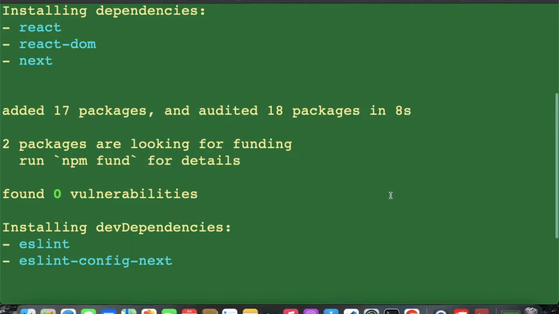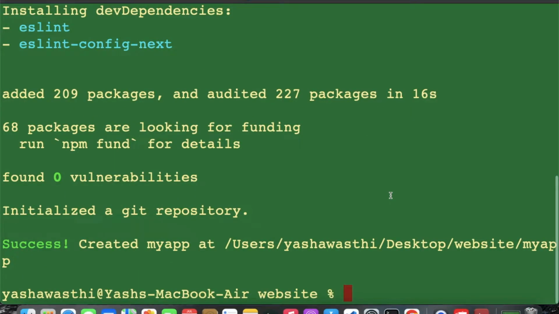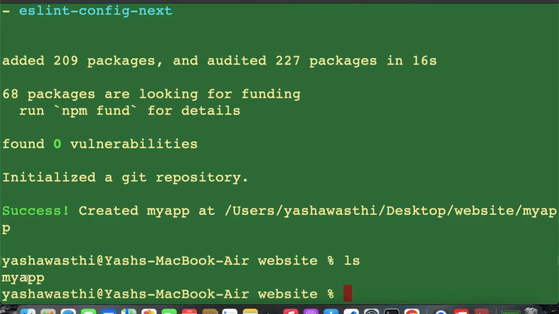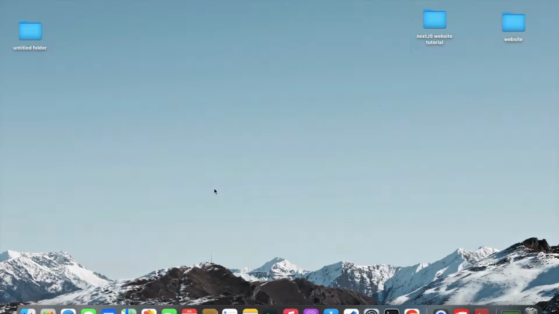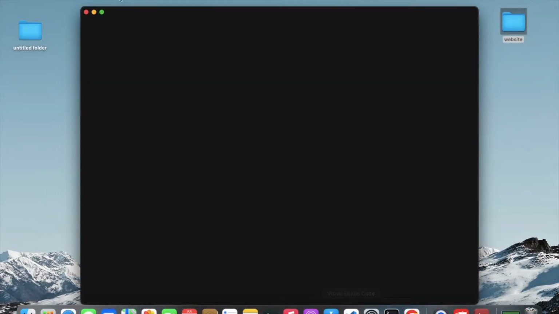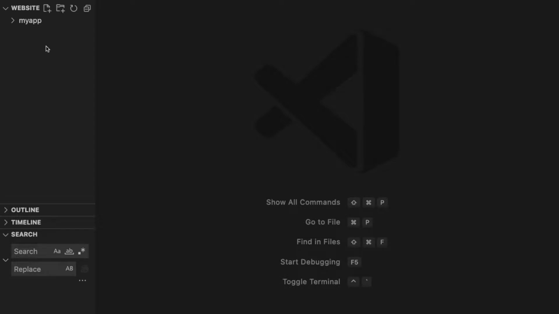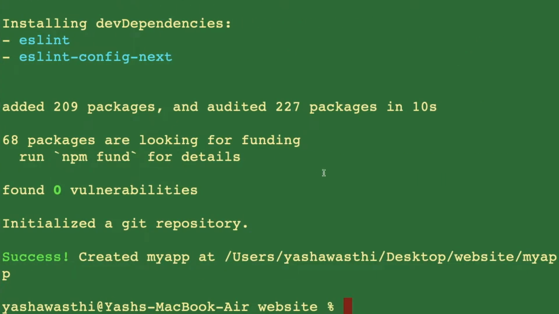So our new app is almost ready. So created my-app at this location, we'll run ls, and we can see this app has been created. The app has been made, but there is this error which needs to be sorted out. So we'll drag our folder in VS Code and we'll say